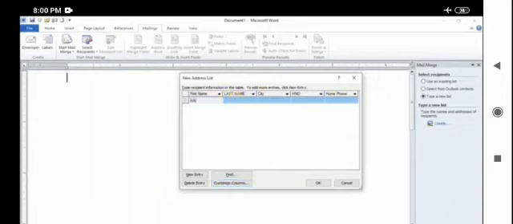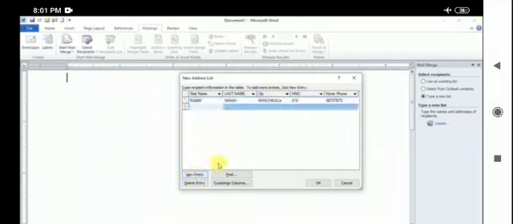Our first name is, let's say friend is Kabir, and Kabir Singh. Then city is Panchkula, then house number, then phone number. Then we will come down, we will click on new entry. Then we will enter Riddhim Kumar, Panchkula, phone number. Both I had mentioned for Panchkula so that they can come together.